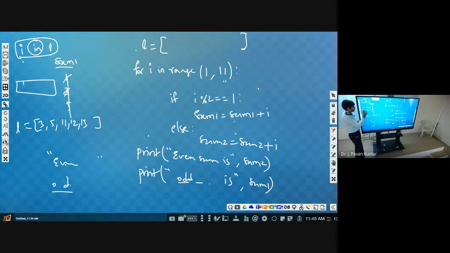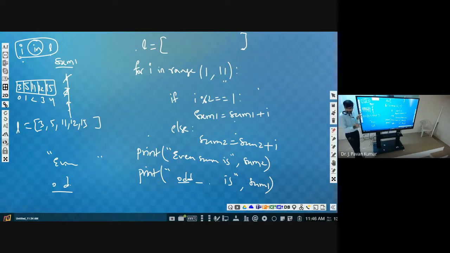Suppose 5 is the capacity, then 5 cells will be created, and each cell is differentiated from the others by using an index. Index starts from 0, so 0, 1, 2, 3, 4, like this indexes will be there for every cell. So 3 will be stored here, 5 here, then 11, 12, 15, like this all elements will be stored.